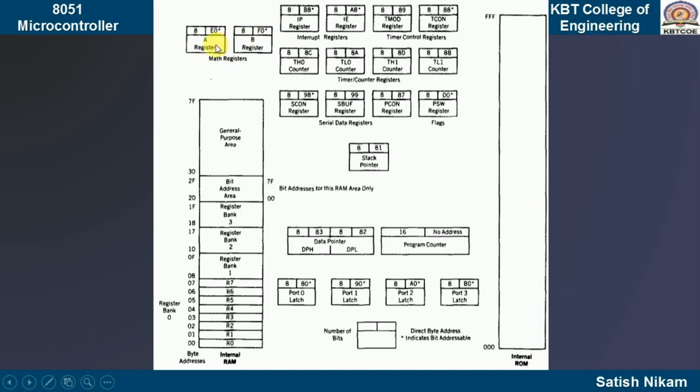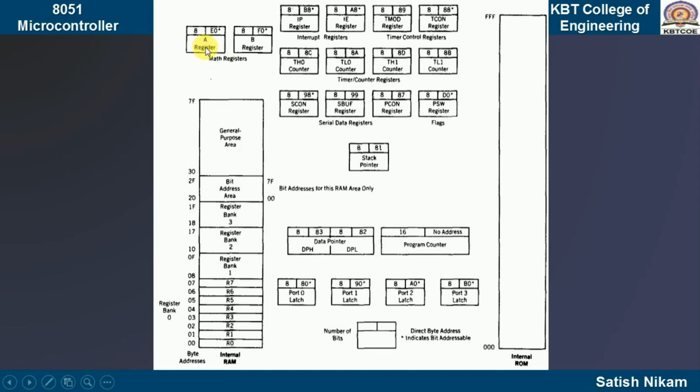Now, what is the function of these A and B registers? These A and B registers are in direct contact with the CPU. It means whatever arithmetic operation you are going to perform, the data is supposed to be present in A and B. Suppose you have to perform addition. 2 numbers are there, out of which 1 number should be present in A. This is a requirement. In the same way, if you have to perform subtraction, the number from which you want to subtract should be present in A.